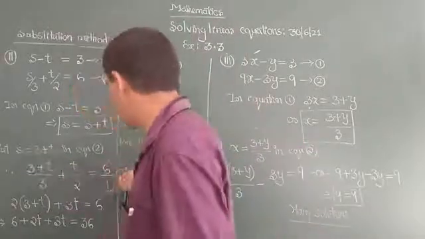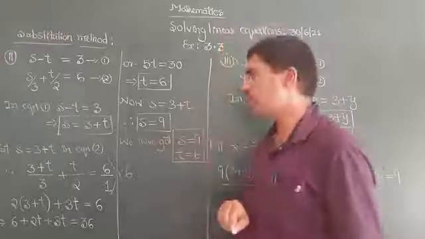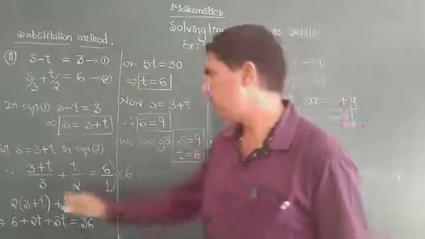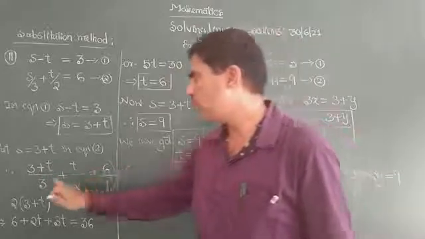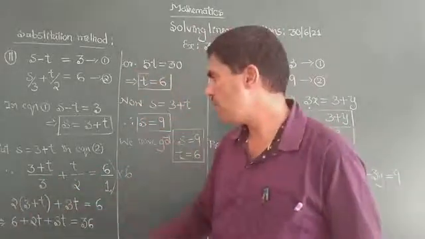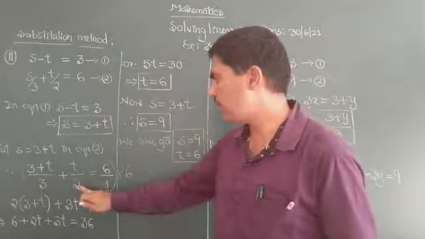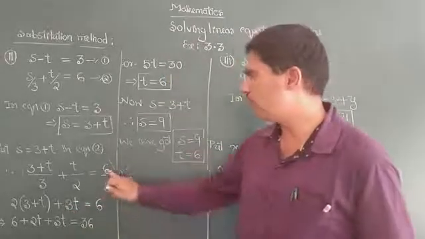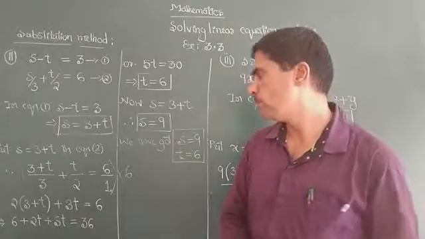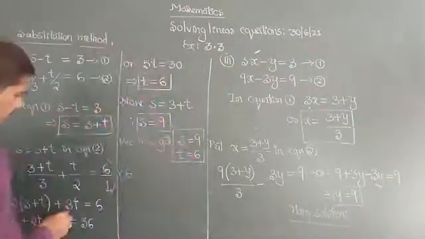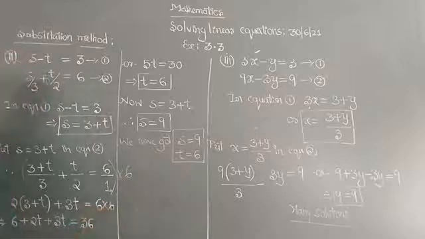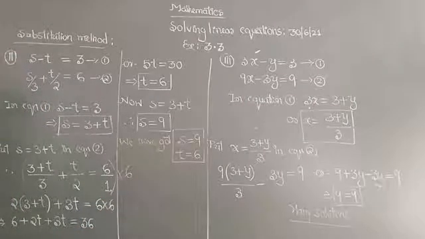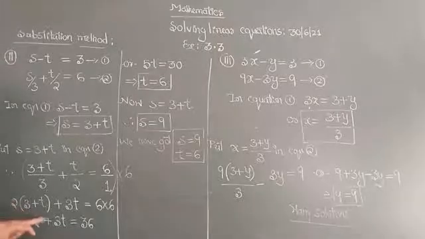Complete equation is multiplied by 6. When I multiply everything by 6, what I get is 3 1's are 3, 3 2's are 6. So that is 2 into 3 plus t plus, here also I am multiplying by 6. So 2 3's are 6, I have got 3t equal to 6 into 6, that is 36. So 2 into 3 plus t plus 3t equal to 6 into 6 or 36. Now simplify, 2 3's are 6 plus 2t plus 3t equal to 36. Now I have got 6 plus 5t equal to 36.